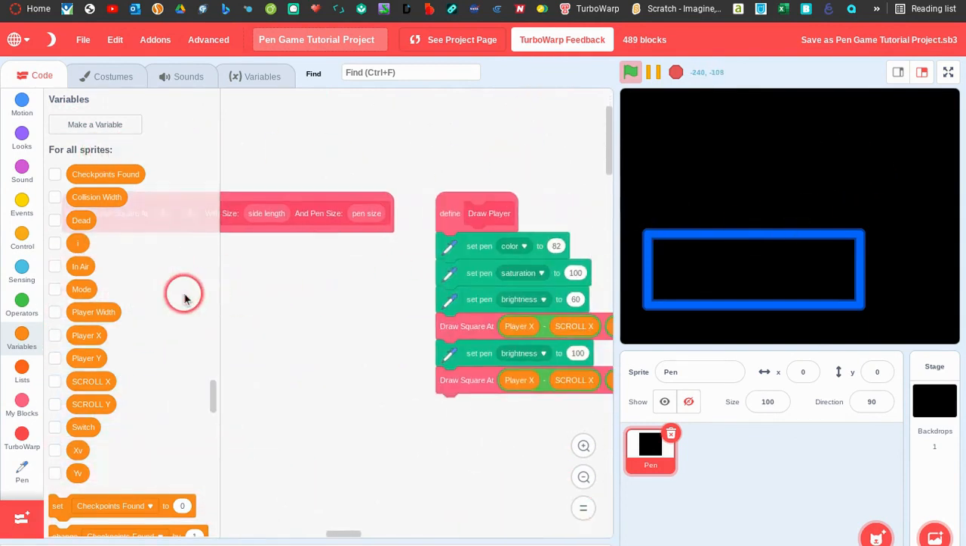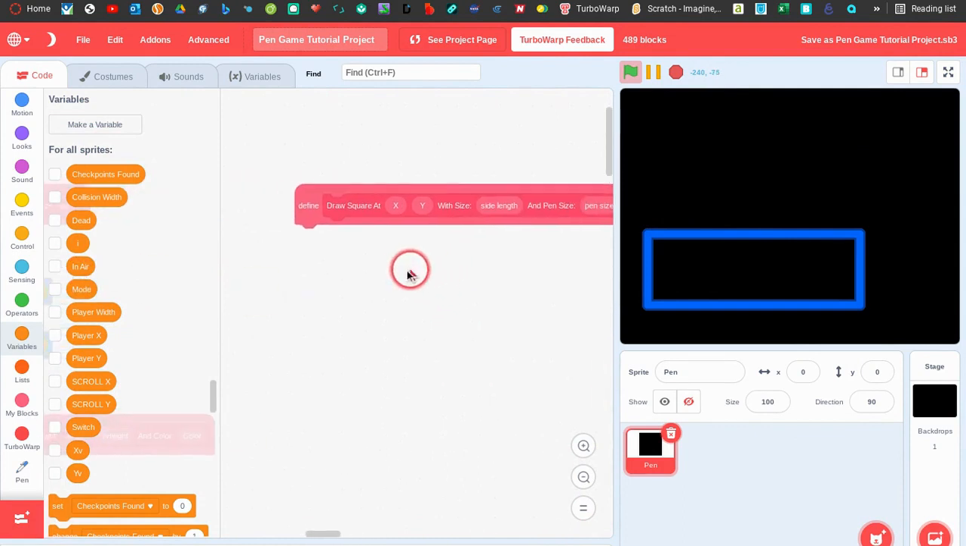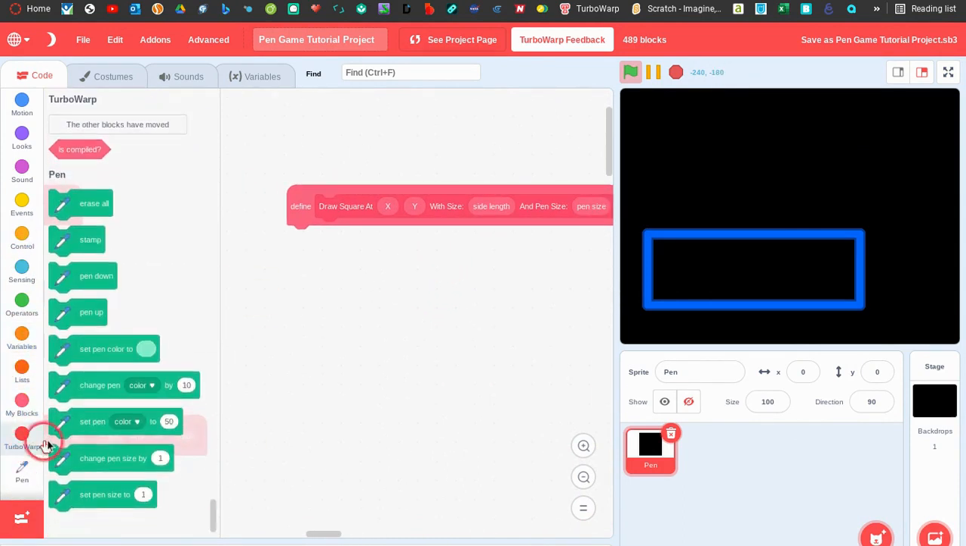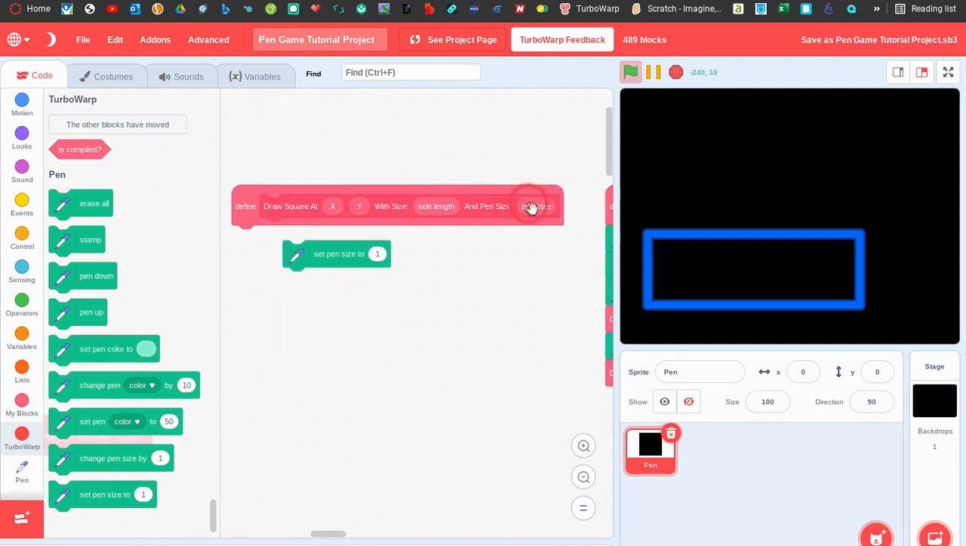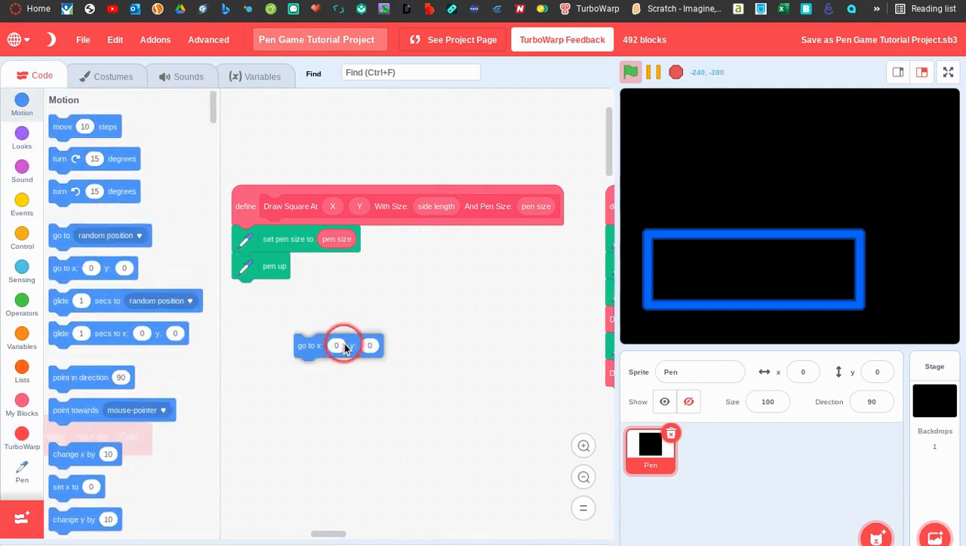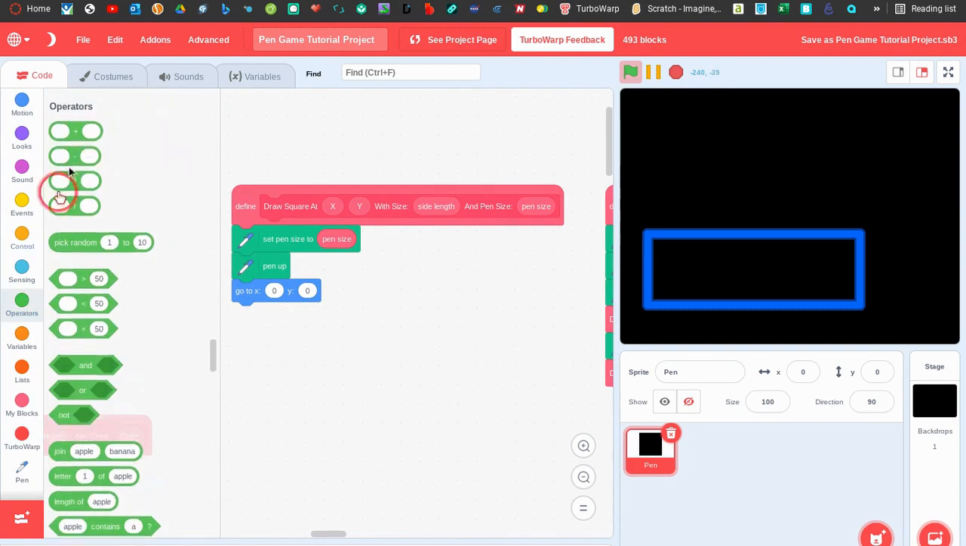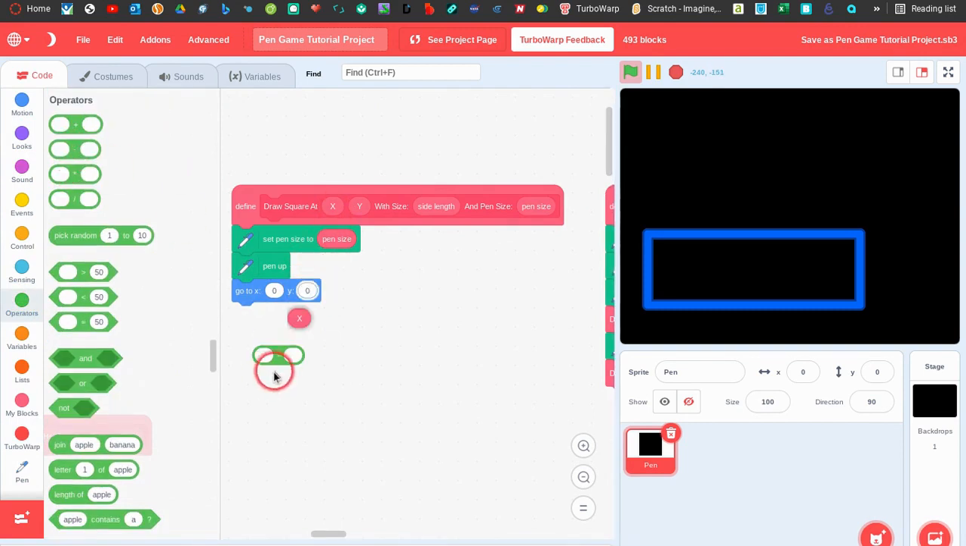Oh, I forgot to do this draw square at. So I haven't done any of the code for this yet. So we just set the pen size to the pen size input, and then we're going to put the pen up, and then go to X minus side length divided by 2. Oops, put that in there, and then we can do Y minus side length divided by 2,